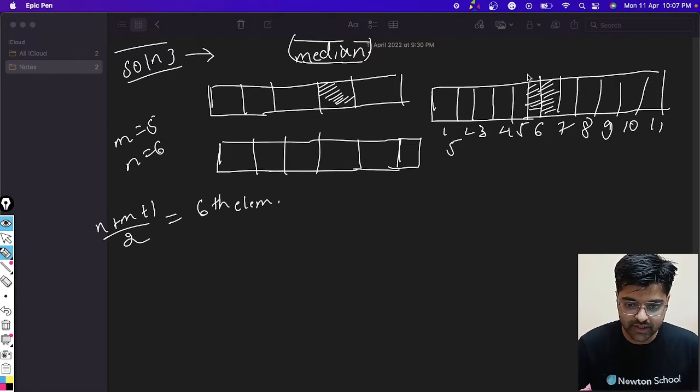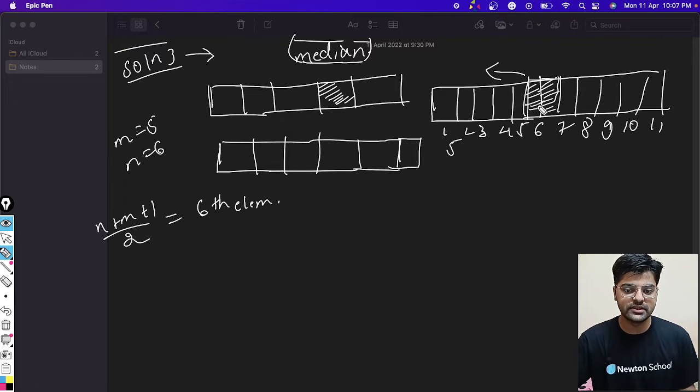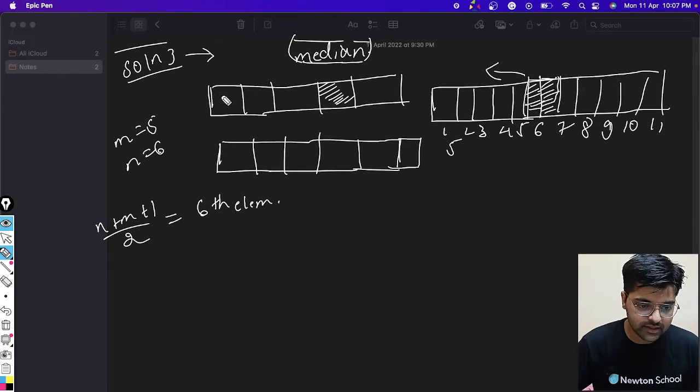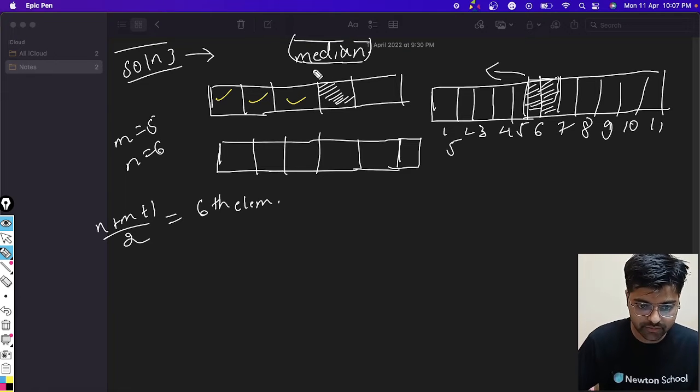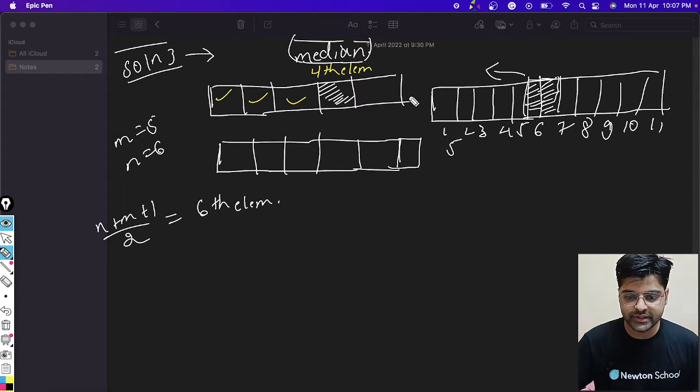So in this array we had shown that the median is the middlemost in the sorted array. So when we merge, these elements will be smaller than this median, and in this case, I'm changing the color. These elements are already given to be smaller as it is sorted, right? So these are the 4 elements. This is the 4th element in the array, right? So if it's 4th here and in the sorted array it is 6th, then the element must have come from this array.